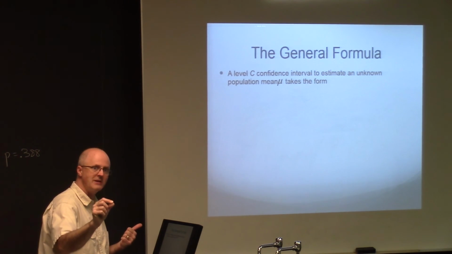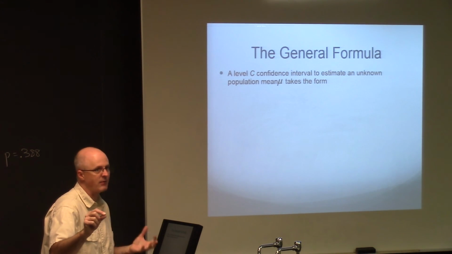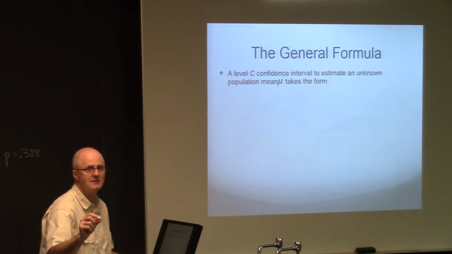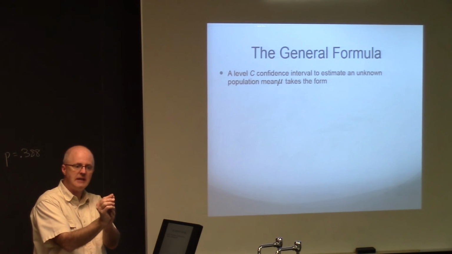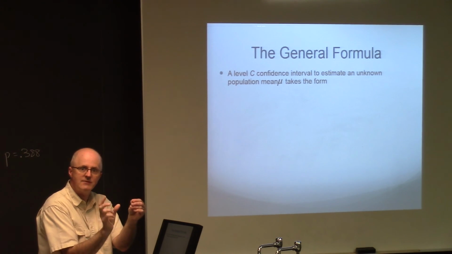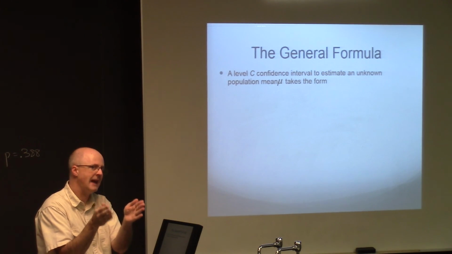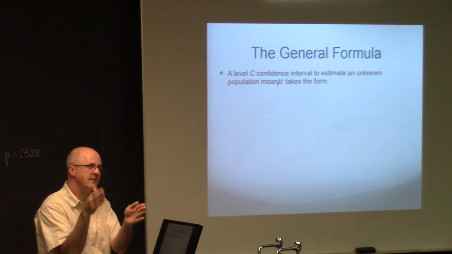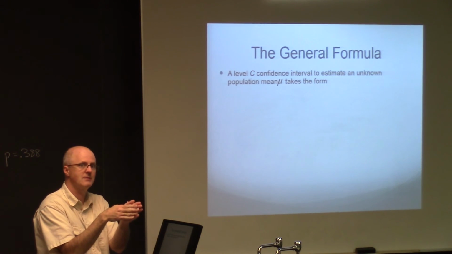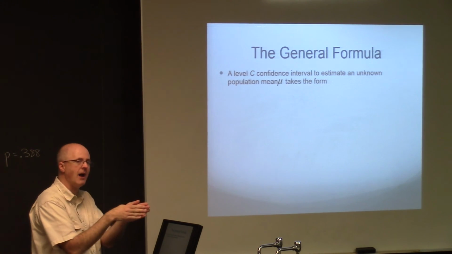But because it's just one number, it's not likely to be exactly right. In fact, it's almost definitely, with 100% probability, not exactly right. But that's not really the point, you just hope it's close. And the margin of error, taking your point estimate and expanding it to an interval estimate, gives you some cushion, an interval of numbers along a number line that you feel pretty confident, hopefully, contains the truth. Somewhere between the left endpoint and the right endpoint is the truth. You want to know that's true, and you want to be able to assess how confident you are.